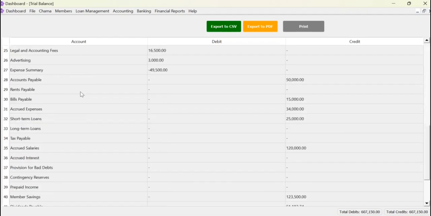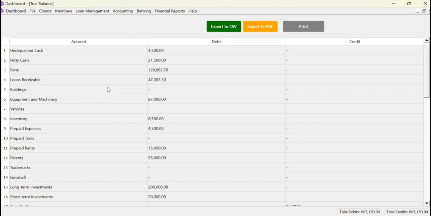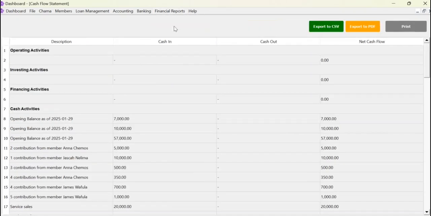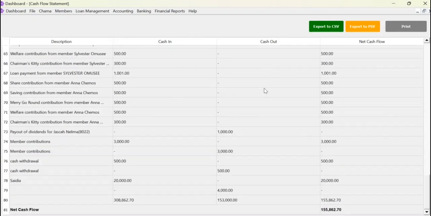So the trial balance lists all your accounts and their debit and credit balances and ensures that both debits and credits are balanced. You will see here at the bottom the total debits and credits. When that happens, everything is okay. And we also have the cash flow statement that details how cash moves in and out of the